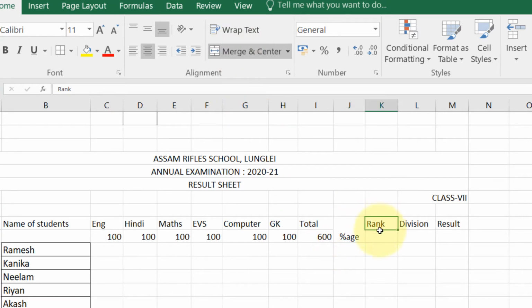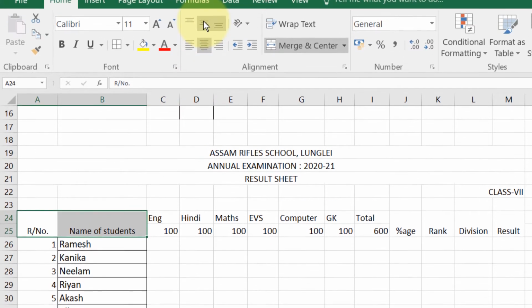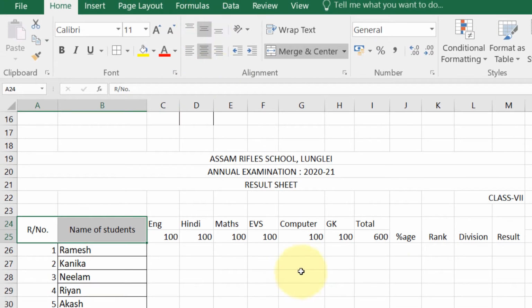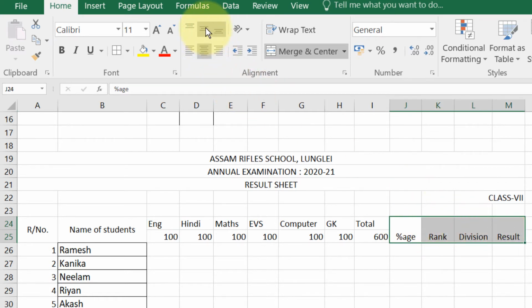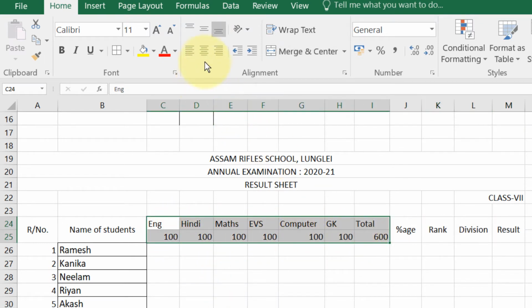Repeat the same with the others. Again, it is not up to the mark. So press this option. Now it is exactly in the center.